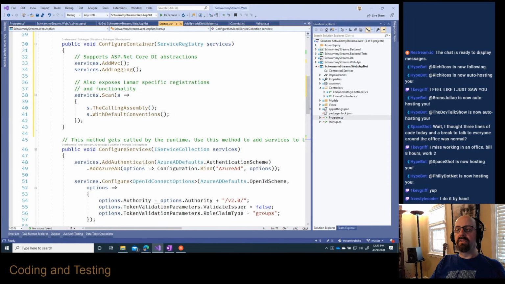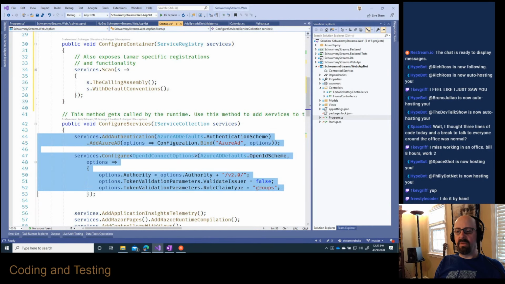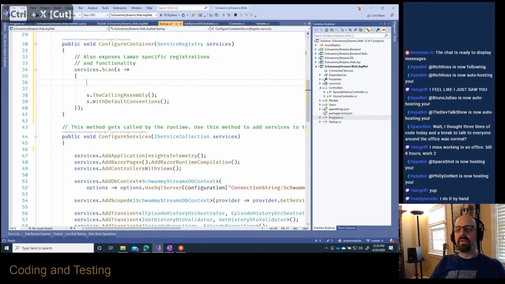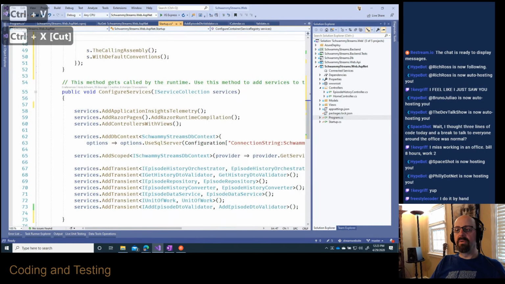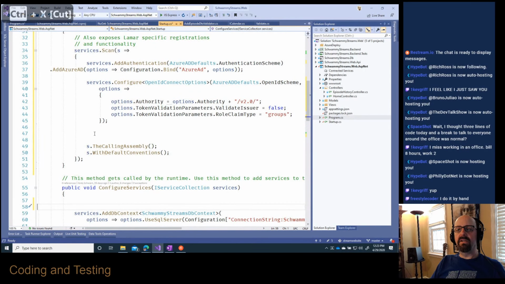So I have configure, I think all this stuff can just move up into there. So I probably don't want what they had. Let's get rid of this because we didn't have that stuff before. And let's do these things, which is my configuration for my authentication. And we're going to hope this is all going to work. Now I need this application, and I need all these things, right? This is all part of the stuff. And then what we're going to look at is